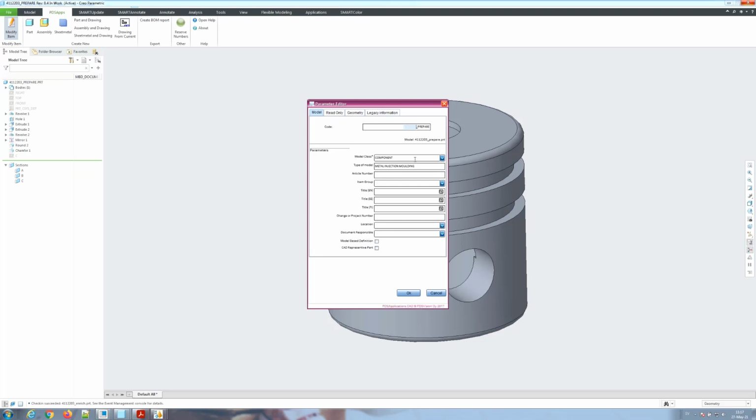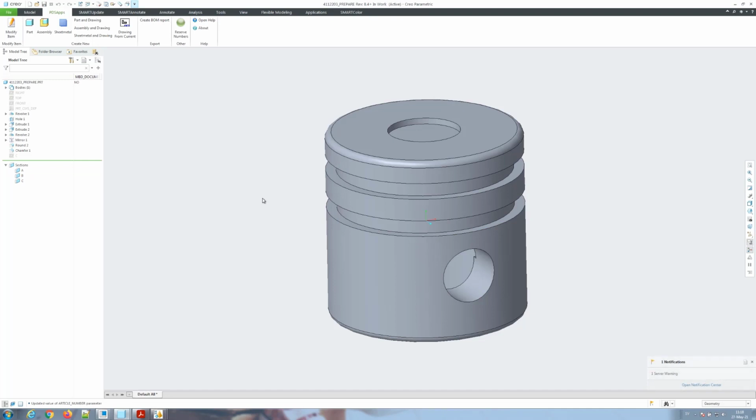I can also define the other parameters in a similar way. We have these translation capabilities. So if I'm writing something, it can be translated into multiple other languages. We can also write limitations in the parameters. So in this case, a change or project number can only contain five letters. I'll define some additional parameters as well, and intentionally I will leave the model-based definition checkbox out from this and click OK. All of this information will automatically be applied to my model,